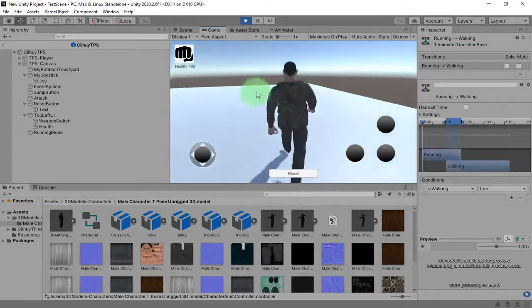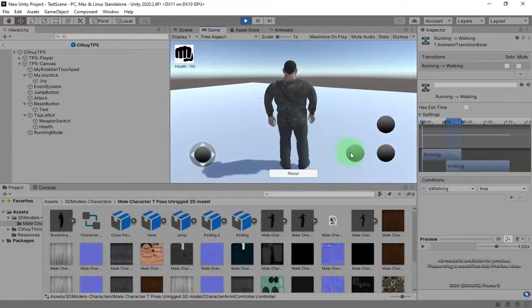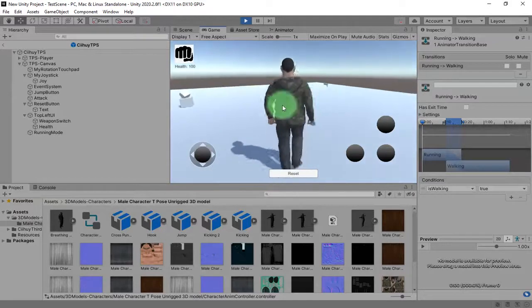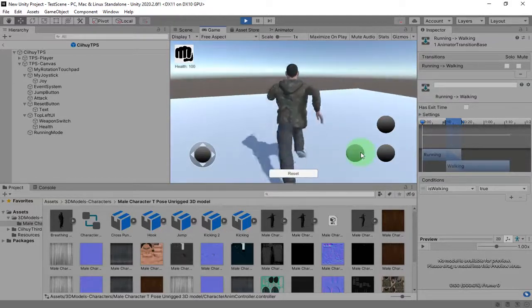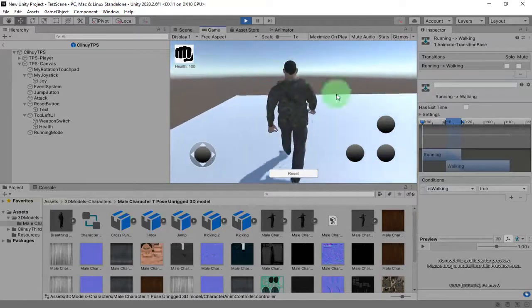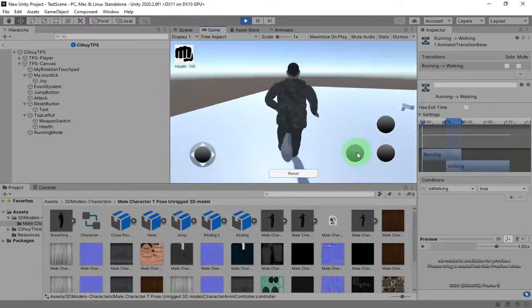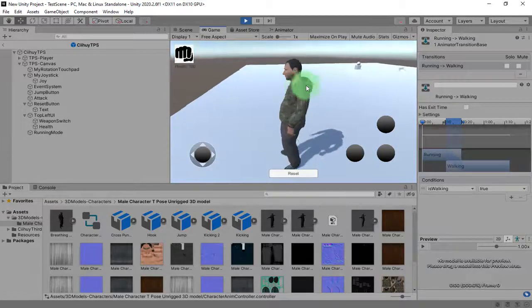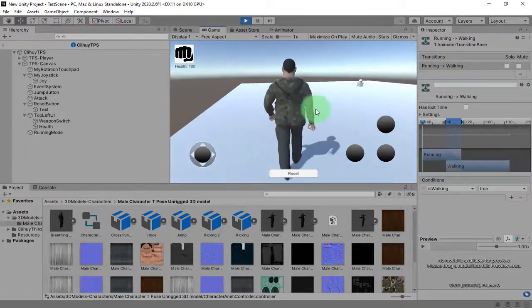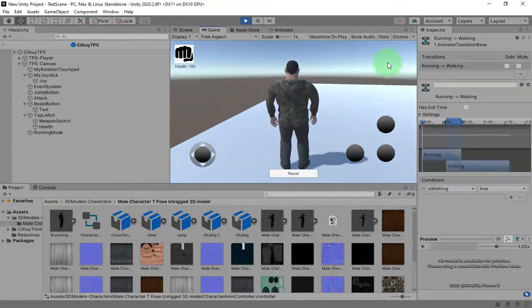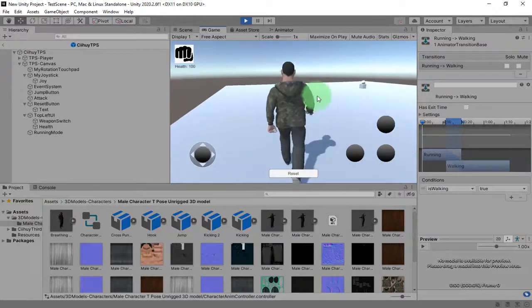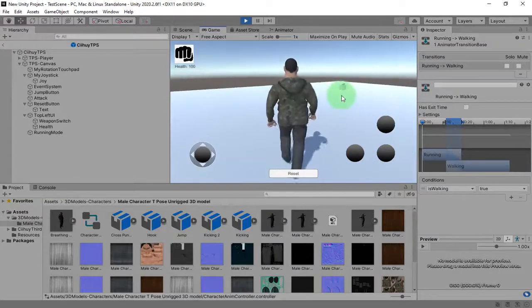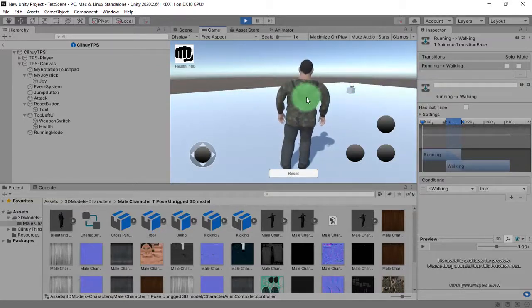The next thing I'm going to do is limit the running ability of this character. This character should not be able to run forever. For example, he can be running only for 5 seconds maybe, and then it should be walking again. So I need to add some indicator somewhere here, to show that the character is getting tired and won't be able to run again.